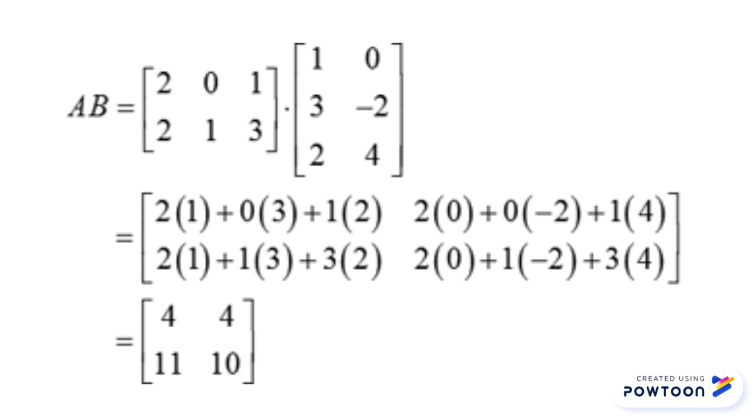Now we'll multiply row 2 from A with column 2 from B, which will get 2 times 0